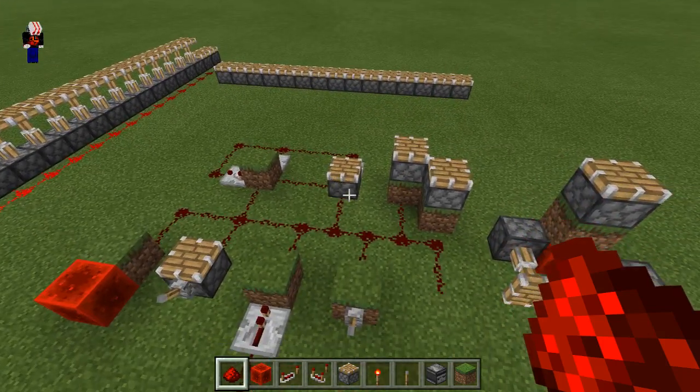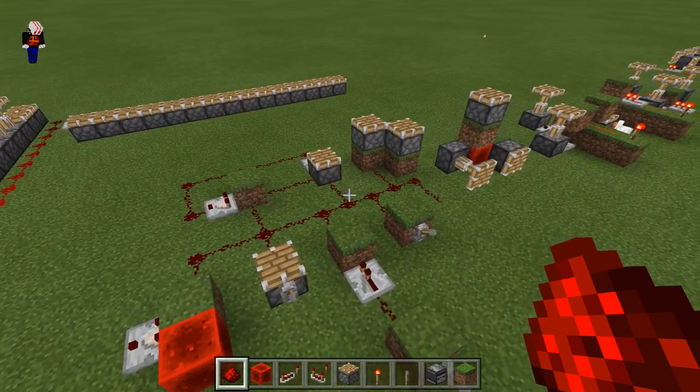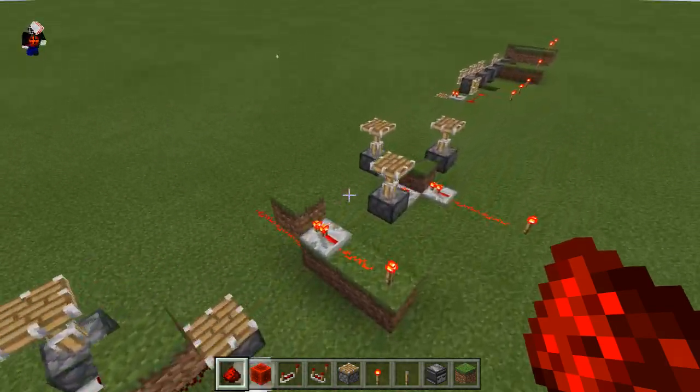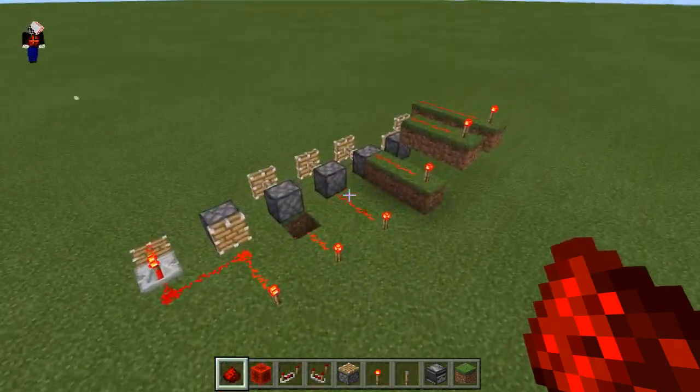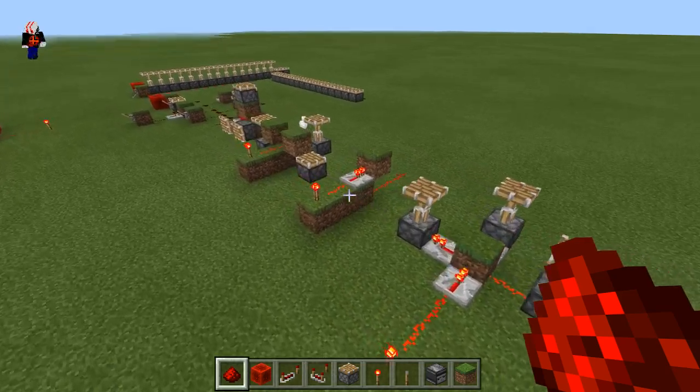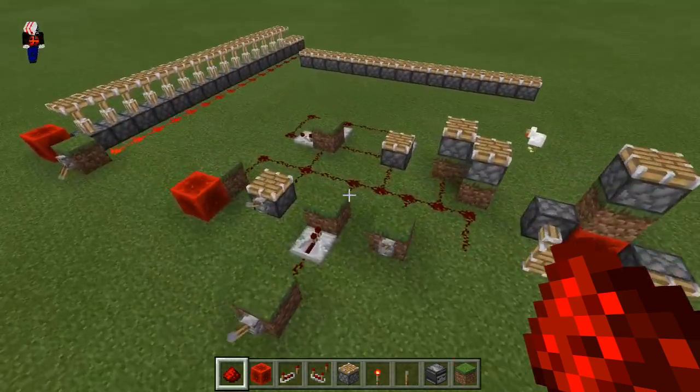Hey guys, my name is Isaac, and today I'm going to be giving you a quick tutorial on redstone powering. Specifically, how to make sure that any blocks in your redstone contraption are powered or not powered as you want